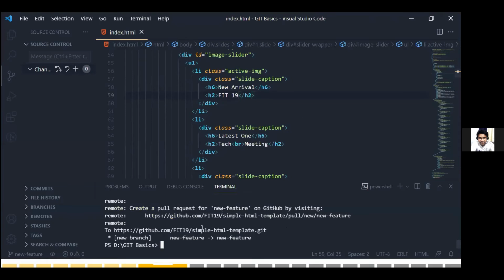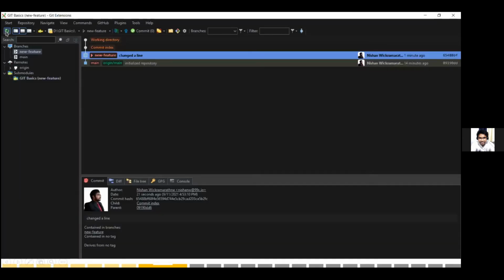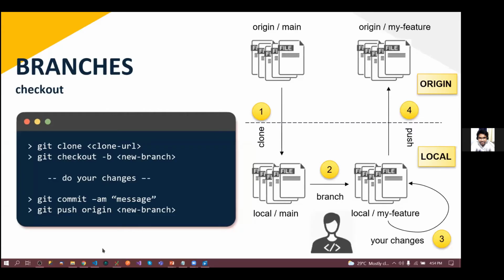Nice. So that is how it is. It's not that complex if you try out these things. If you refresh this, here also you can see now we have origin new feature as well, because we pushed that new feature, locally created new feature to the origin. Now we have both those branches,